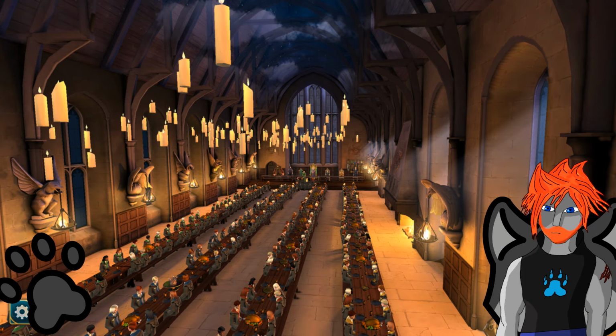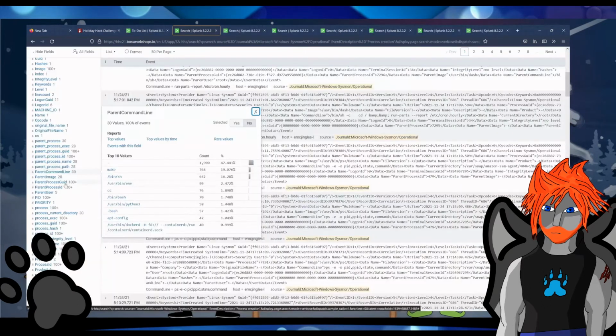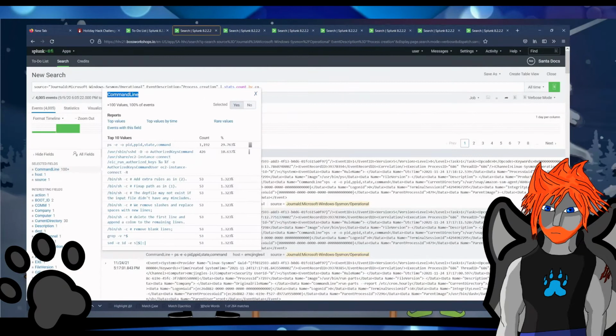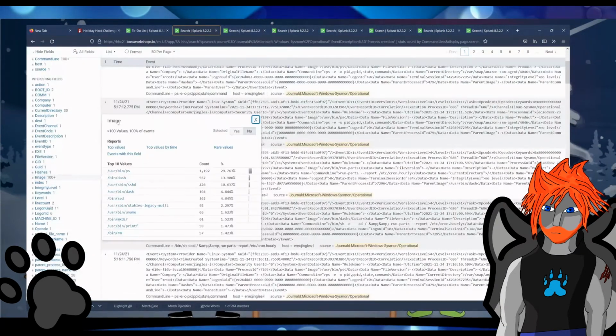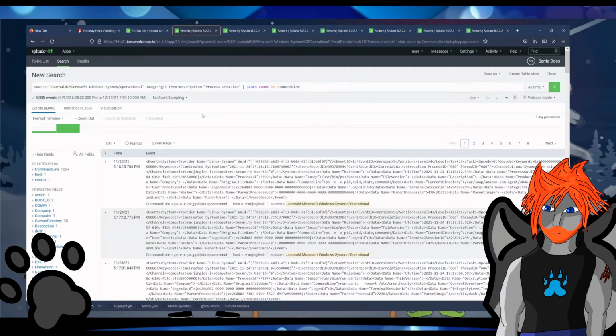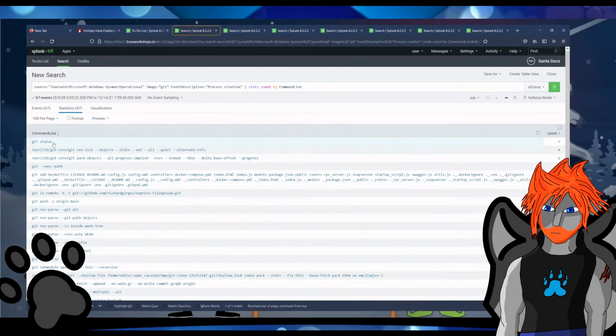Anyway, where were we? It took us about 20 to 30 minutes to complete this particular SPLUNK challenge, and it wasn't too difficult. The first task, we need to look at Eddie's common commands and get a list of the most common Git-related command lines. Using the sysmon operational sources, we look for any description, which is essentially a process creation and has an image containing Git. Then we count by the command line and sort by the count, and we get git status as